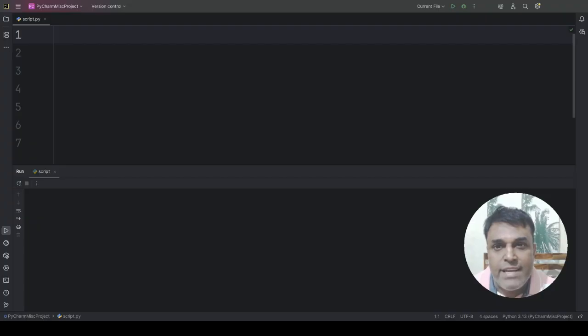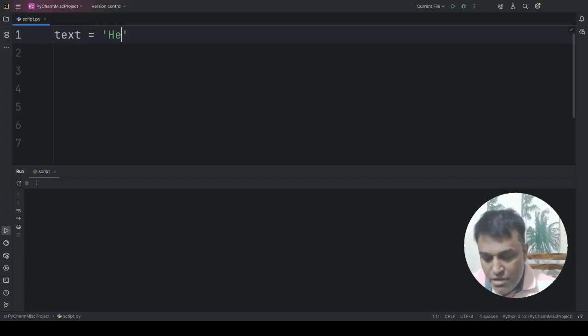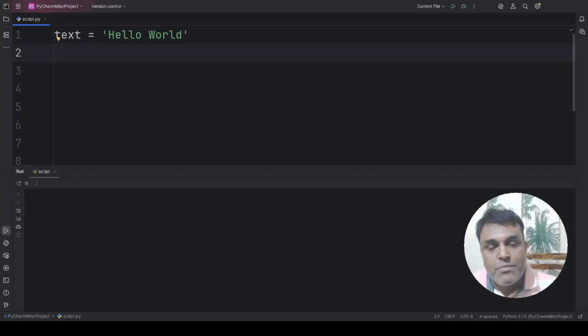So how exactly does the strip method work? We are going to take a lot of examples. First, let me take a variable that is text and I'm going to give the string as hello world. The strip method basically removes the leading and the trailing characters from the string which we do not want. Leading means from the left hand side and trailing means from the right hand side. If you do not want the unwanted characters, we can remove them using the strip method. For example, if this is hello world